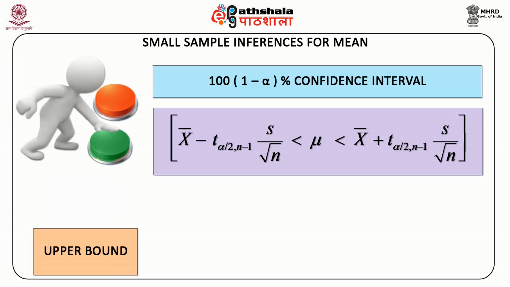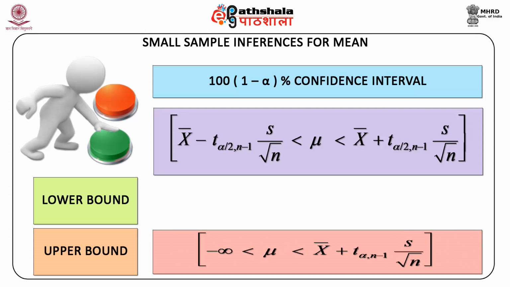The upper bound and lower bound confidence intervals can be obtained by using the critical value, minus t alpha, n minus 1 for the lower bound confidence interval, or plus t alpha, n minus 1 for the upper bound confidence interval. Then the area in the tail is alpha. Thus, the 1 minus alpha percent upper bound confidence interval is